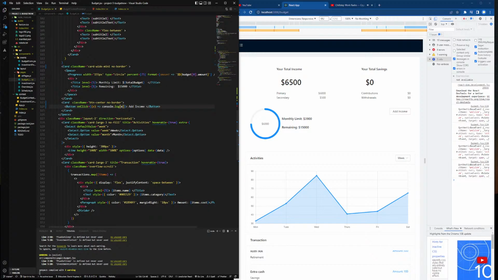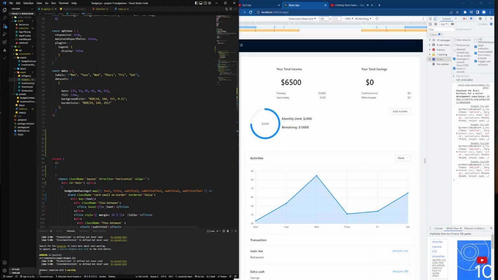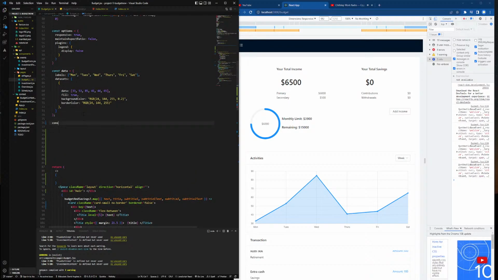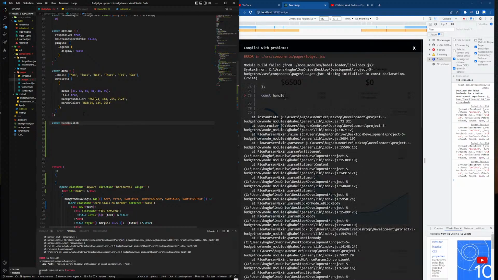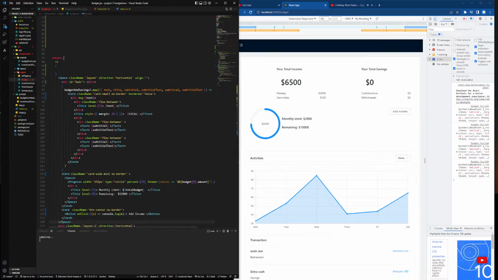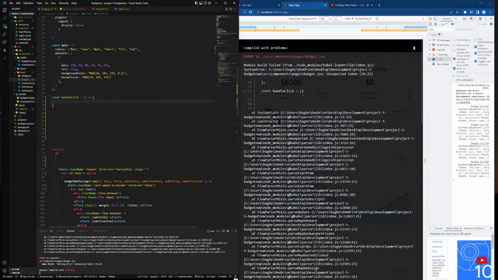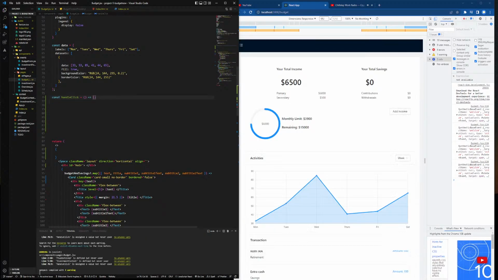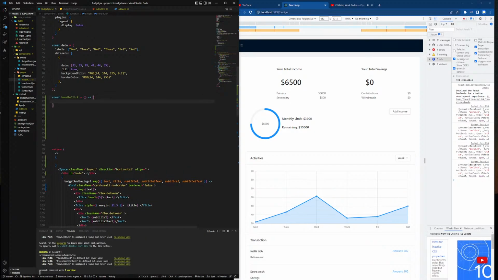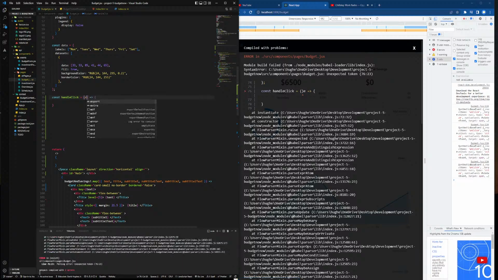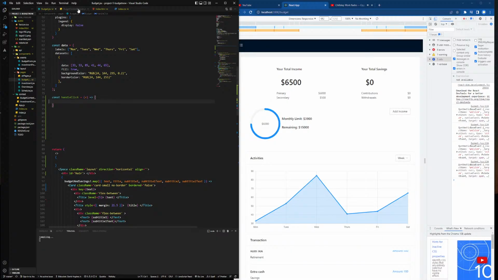I'll do it next time. Okay, so I want to add that. I want that on click to do some things. Let's say console.log handle click equals hitting the wrong keys. What do we want this to do? I want it to handle that, add that pop-up like on the